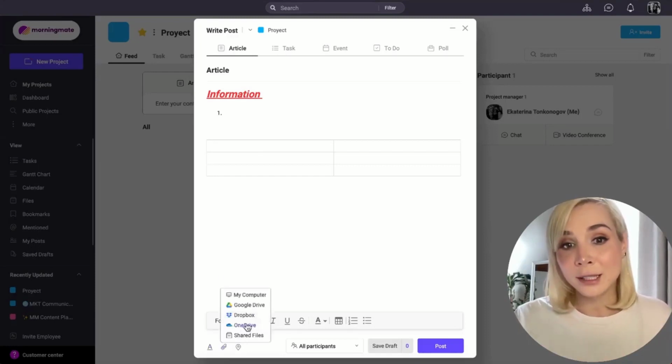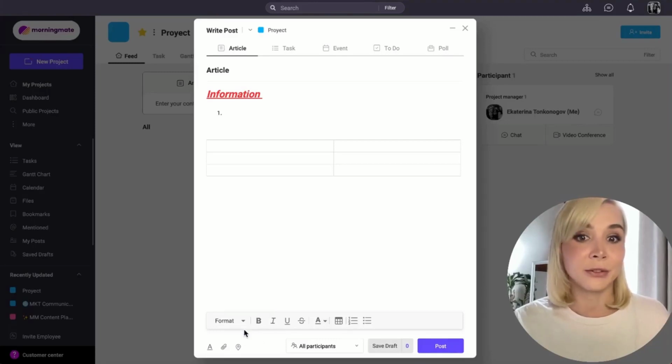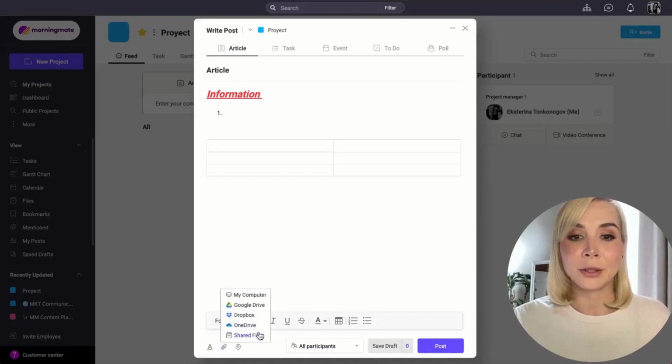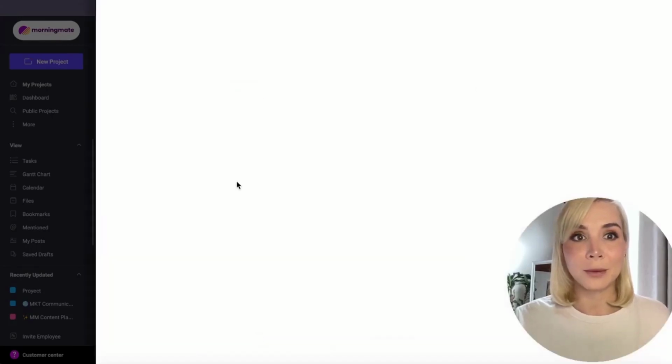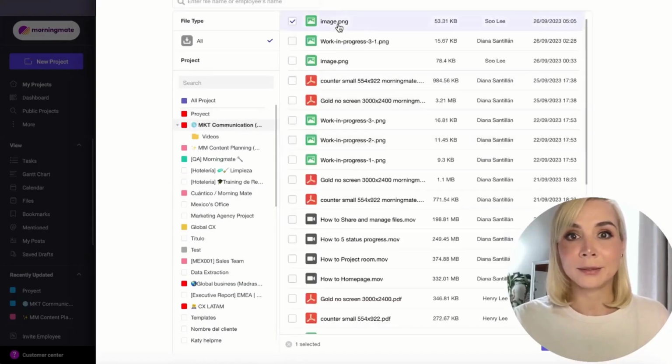Additionally, you can attach files. You can attach them from your computer, or you can attach them through Google Drive, Dropbox, OneDrive, also the shared files that have already been shared for your morningmate. And that way you don't really waste any storage space. Let's use this one option this time